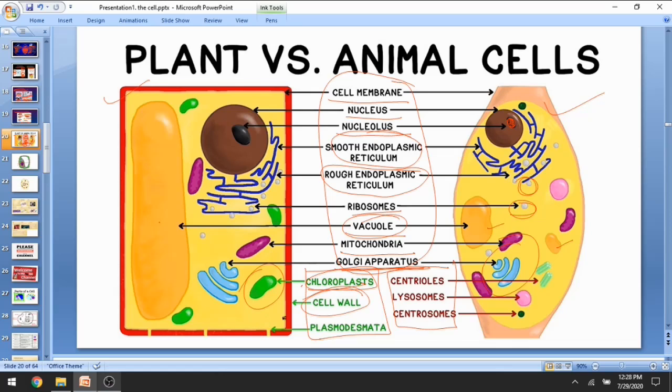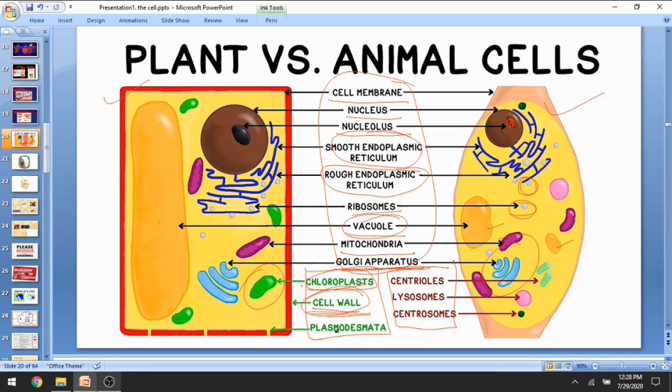hard layers. I'm going to discuss all these organelles and parts of the cell in detail with their structure and function in my next video. So don't forget to visit my next video as well, students. Cell wall is present only in plants, not in animals. Hence animals have the tendency that they can locomote from one place to another.